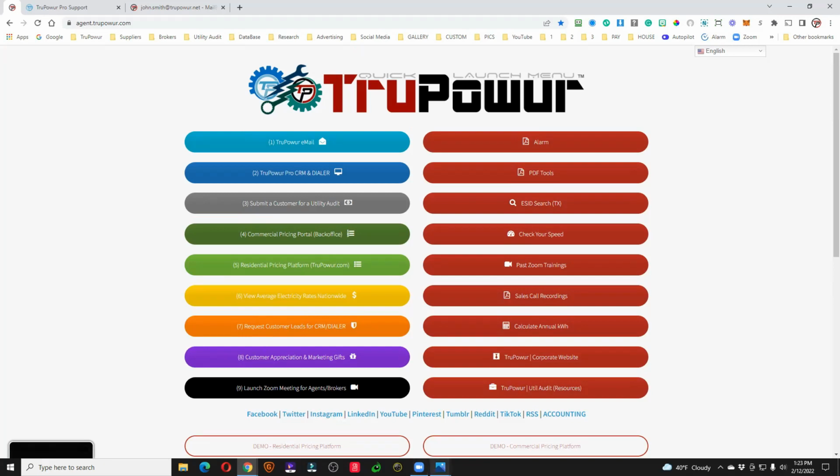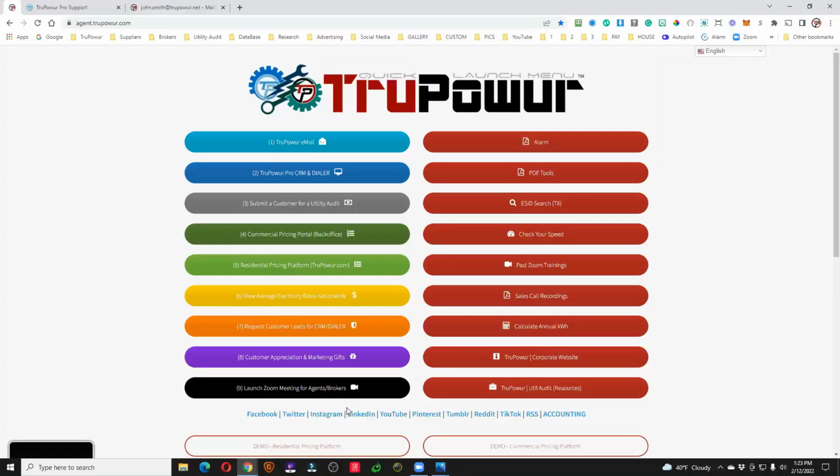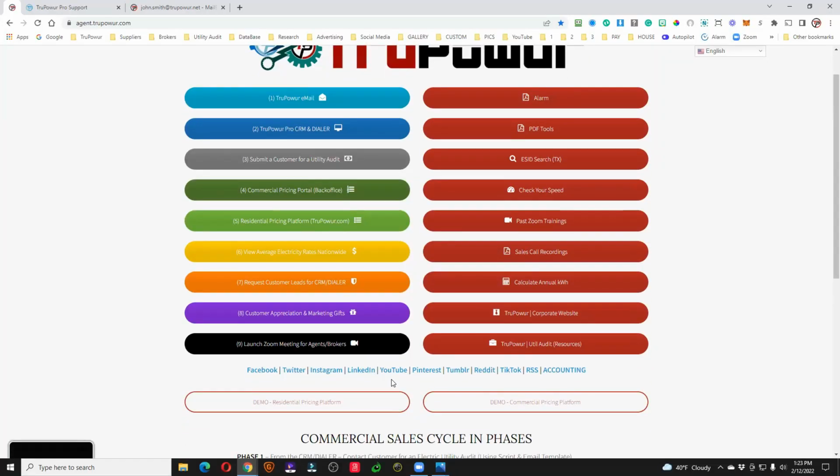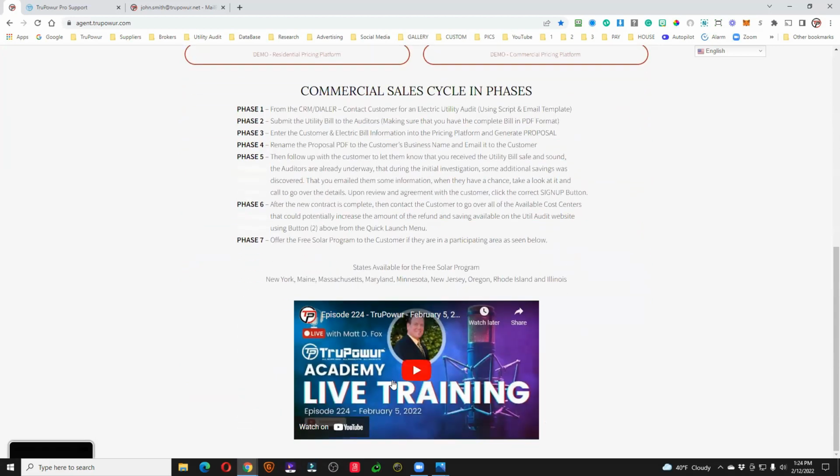Fantastic. I think we covered just about everything on the system. Oh, the free solar program. The free solar program is pretty straightforward. It is tied to your email link. And the free solar program obviously is available in New York, Maine, Massachusetts, Maryland, Minnesota, New Jersey, Oregon, Rhode Island, and Illinois. Since Massachusetts is really hot right now, residential, commercial, I would be focusing on Massachusetts for sure,